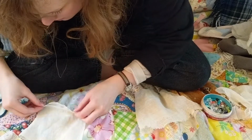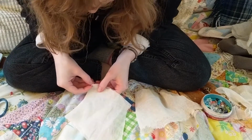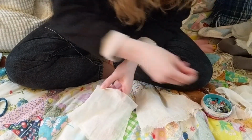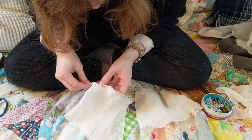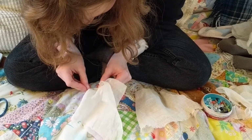So now I'm working on how to attach them. I'm just gonna sew the sides closed, but then I figured I'd do a little hem. That would be the best way to do it. I wanted to get the sewing machine out, but